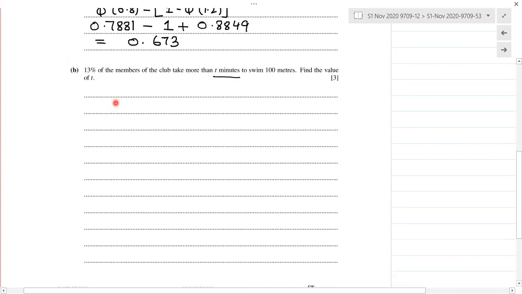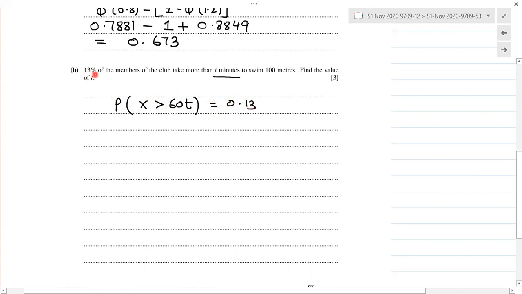So for more than t minutes, this is going to be x is greater than 60 times t, because we have the standard deviation and the mean both in seconds. So whatever the number of minutes we get, we multiply that by 60 to get seconds. It's because the whole question is given in seconds. So we have to work out the probability that x is greater than 60t is equal to 0.13,